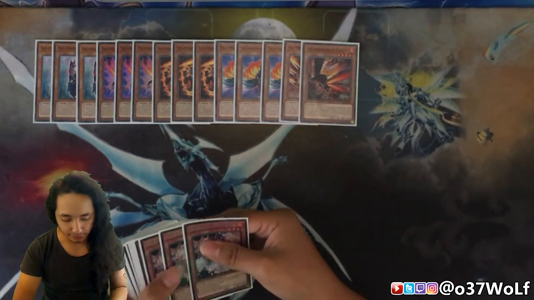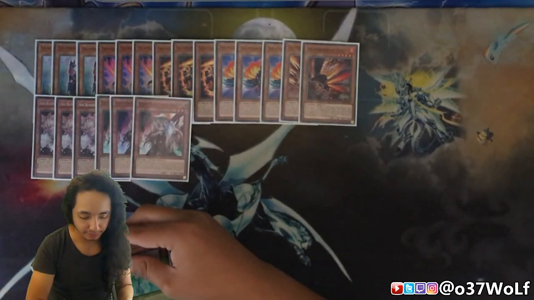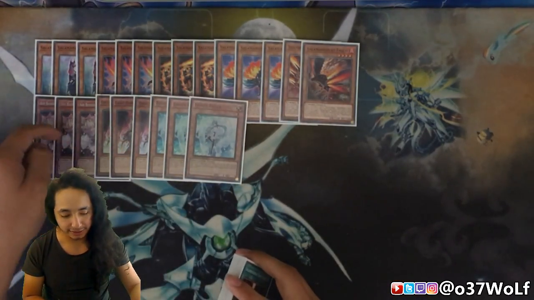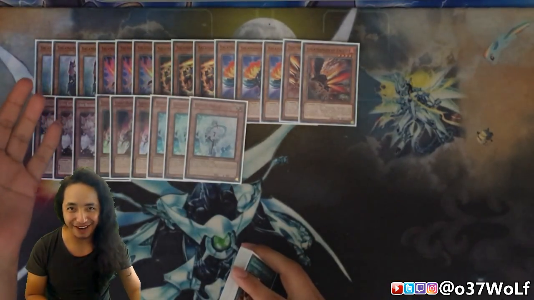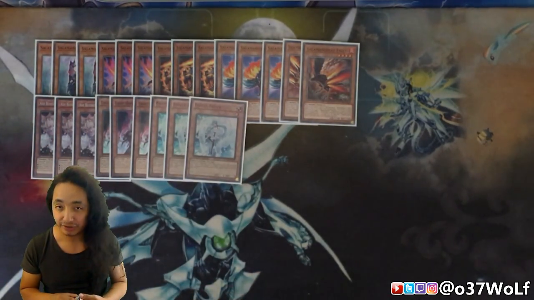And then of course you have your triple hand traps: triple Ash, triple Ogre, triple Veiler. Standard. You can even just play this because it's a fire and you can add it back with Wolf. And I really like this because against Sky Striker and